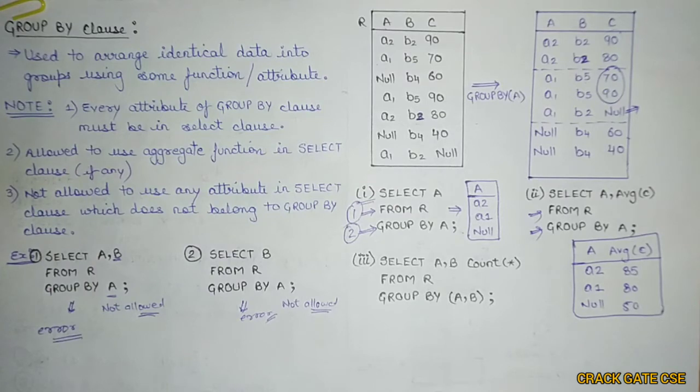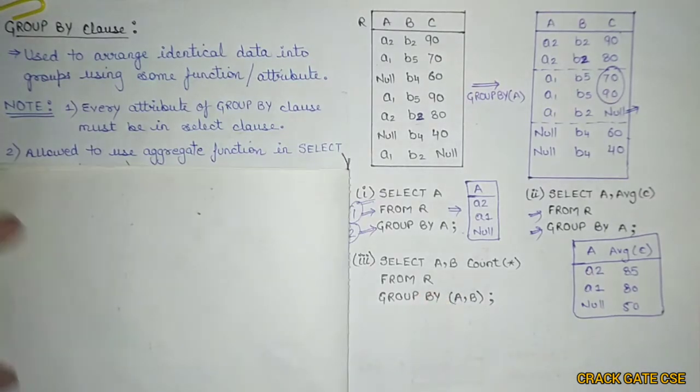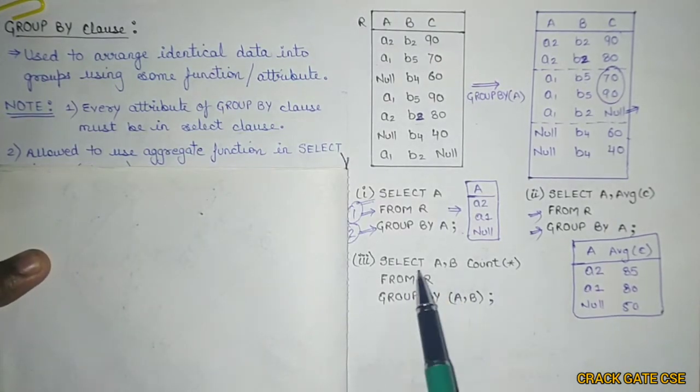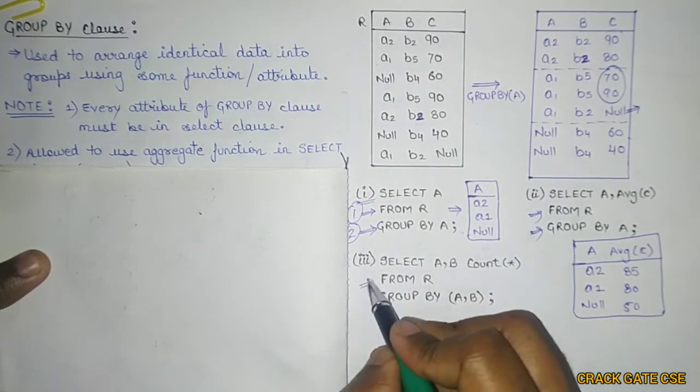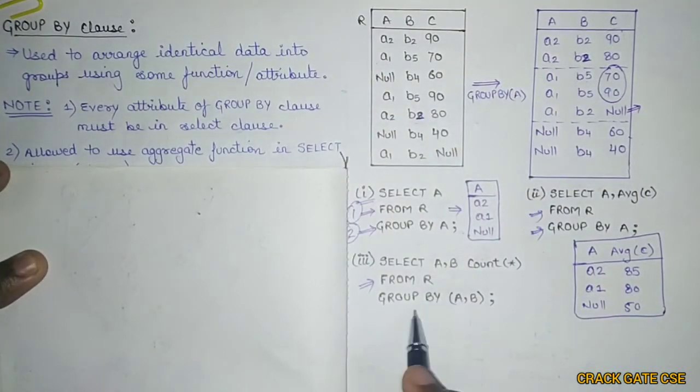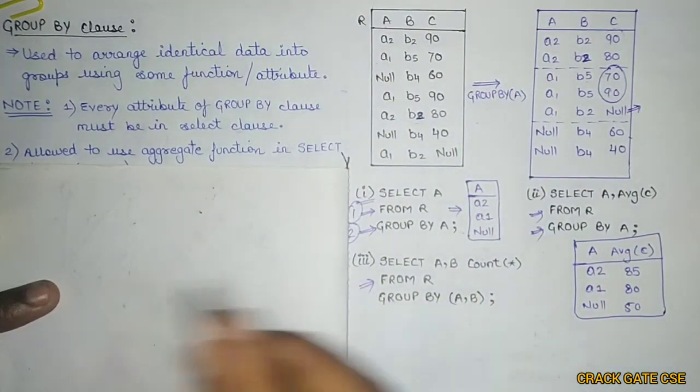Now if I talk about this particular third query, in third query you can see that instead of a single value in group by, we are having multiple values. So if we are having multiple values, we have to perform the same operation. There it does not need to have any change. So now let's try to understand how this particular query works. So see, we have to start from this particular place. From, I have group by A and B. So we have to group now by A and B.